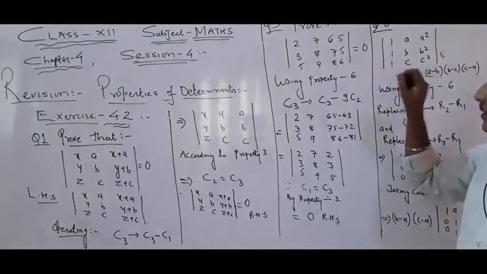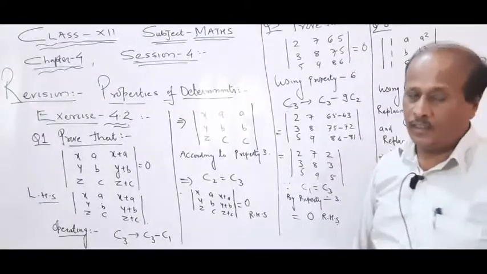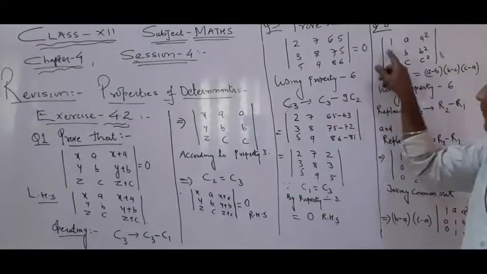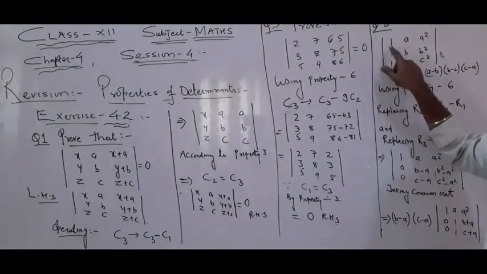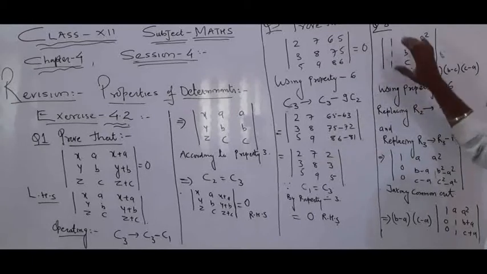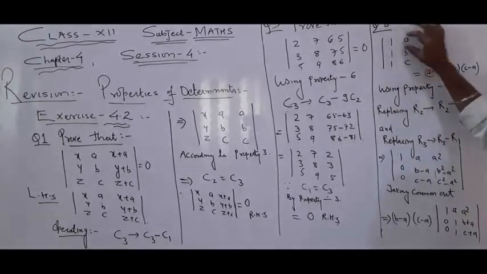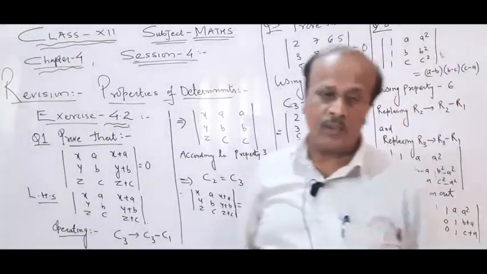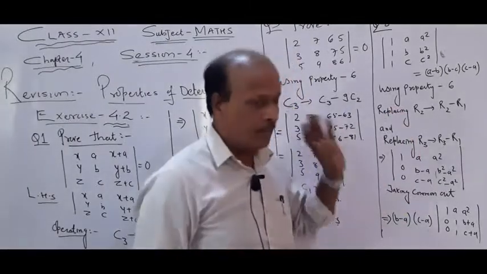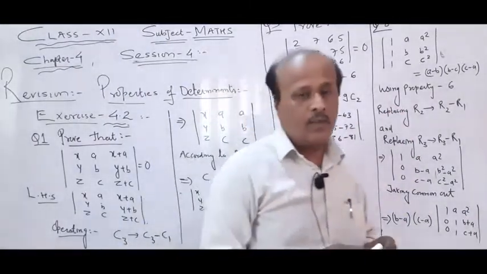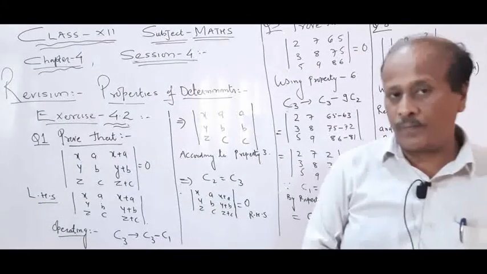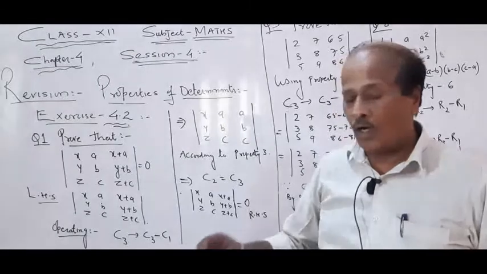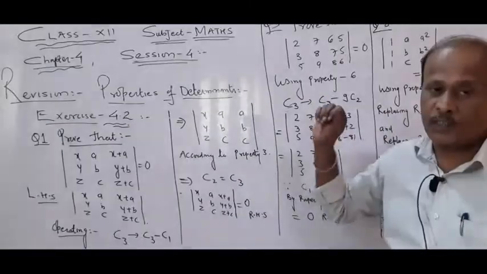Now what I am finding is there are many questions in the exercise, in the miscellaneous exercise and in examples also. So as soon as I see 1 1 1 as the members of one of the columns, I am happy. I know what I am supposed to do. So either row wise or column wise, if you find 1 1 1, 99 times out of 100 you follow the method which I am telling you. During the explanation of solving a determinant also, I told you that if any elements of a row or column are 0, then expand in that way.